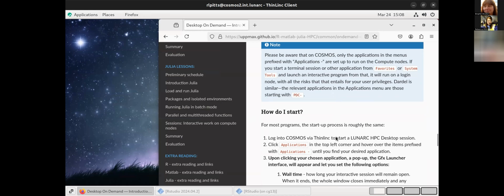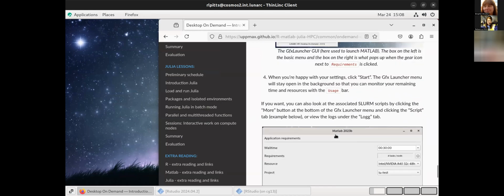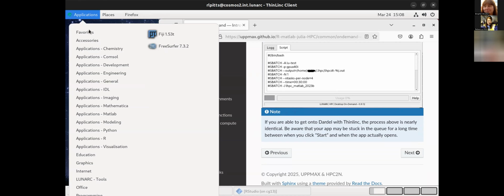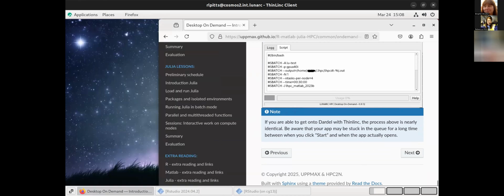Is there anything else we haven't covered? All right, I think we've covered all of the main aspects of running the applications through the on-demand system. So let's go ahead and get back to